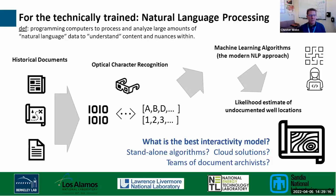With these various historical documents, whether they're newspapers or maps or reports, the first step is an optical character recognition algorithm, which is no trivial task, especially with some of these archival documents. It can be quite challenging to figure out what is actually present in those paper documents. But once it's been digitized and these images have been translated into letters and numbers, then we have access to machine learning algorithms, which are really the modern natural language processing approach. Natural language processing has been around for a long time, and people have tried different semantic correlation techniques, but machine learning is really the new frontier in NLP research, and the labs have made significant investments in